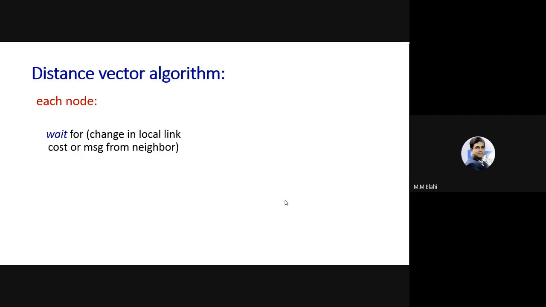The other kind of update is a message from the neighbor. Right? If any node gets a message from a neighbor, then again there is an update. So when it happens, it will recompute. It will run another round of the algorithm using the distance vector formula, and then see, is there any